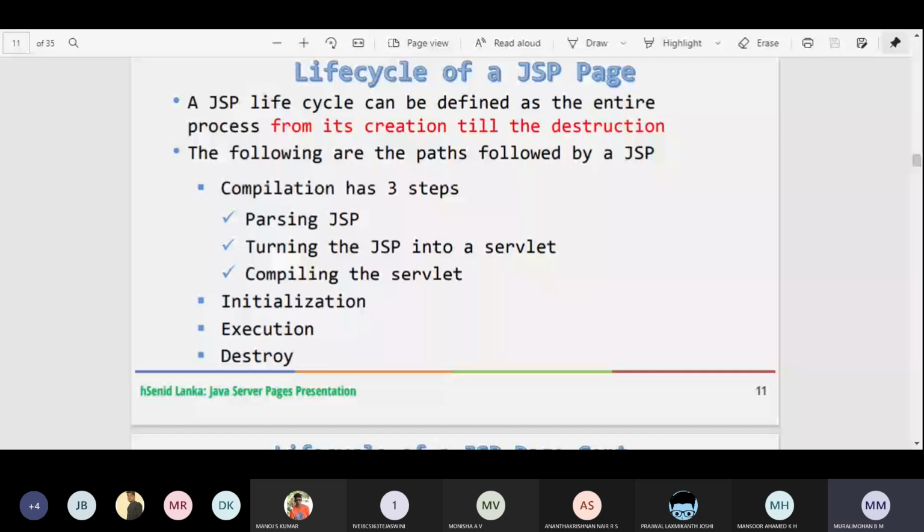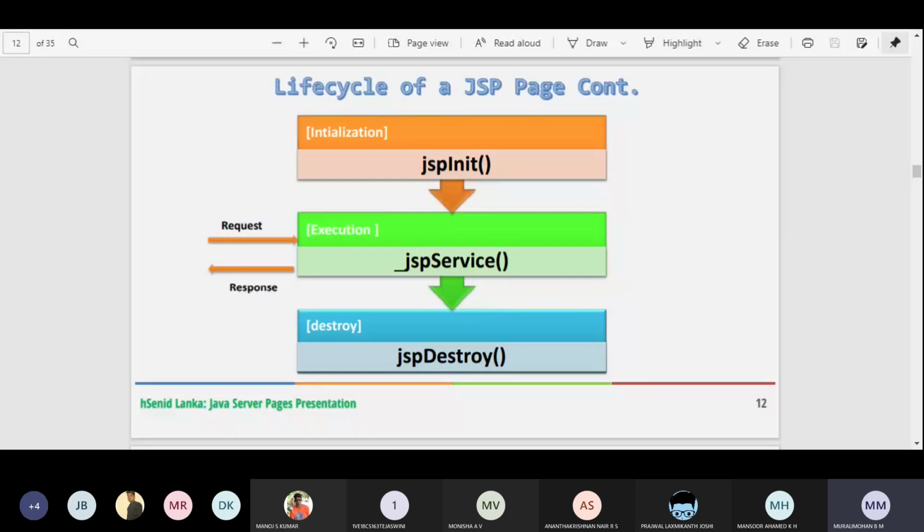Initialization is performed by using the jspInit method. Execution, we know, is the service method. Once it is done, finally it calls the destroy method so that it gets unloaded from the address space of the server. This is the life cycle.